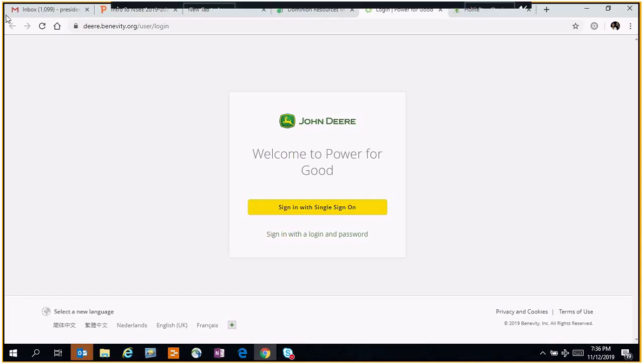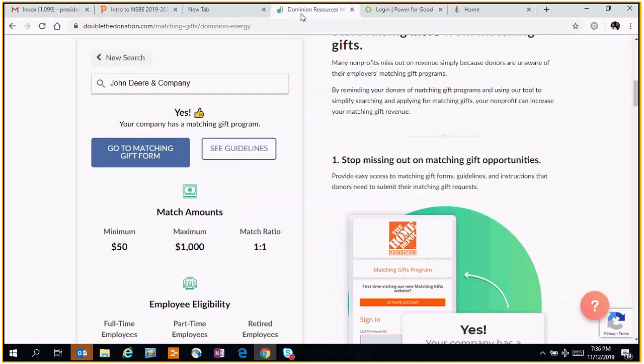To participate in matching or volunteerism grants, you can come to this site and do some quick research, or check with your human resources, or maybe there's a foundation your company has, and see what is required for NSBE to be eligible and for you to give.